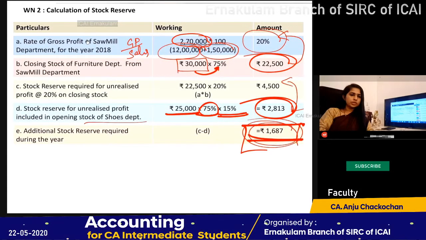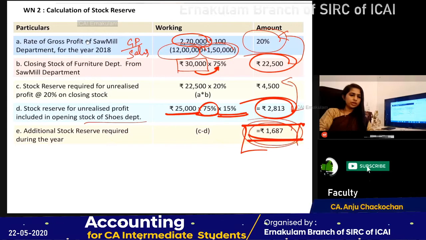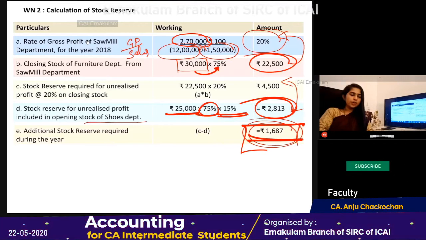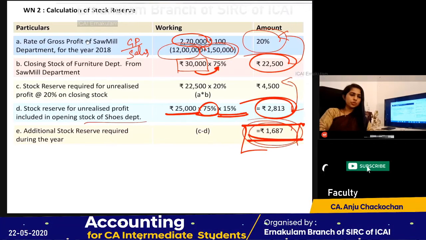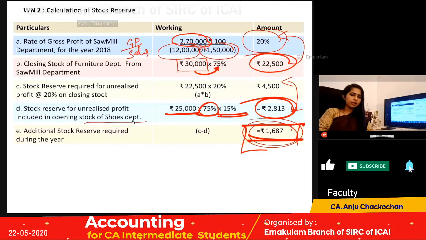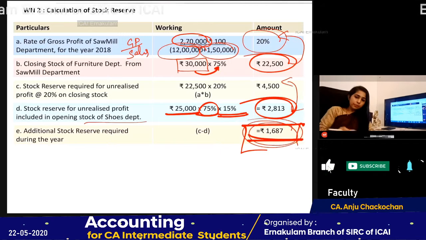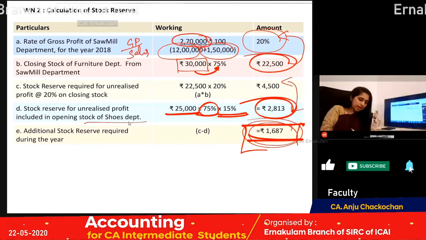Okay, what was the query? Let me just sort it out, okay? Furniture department has purchases too. I didn't get your point, like Shruti. Obviously, it has purchases. See, the furniture department obviously has purchases, but the point is, they clearly state that